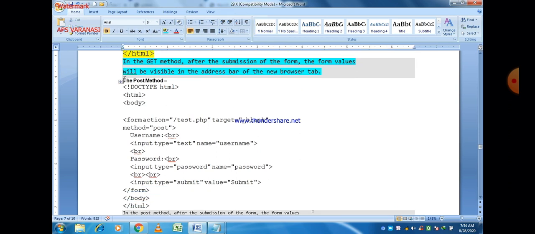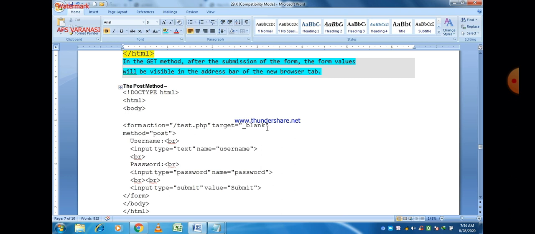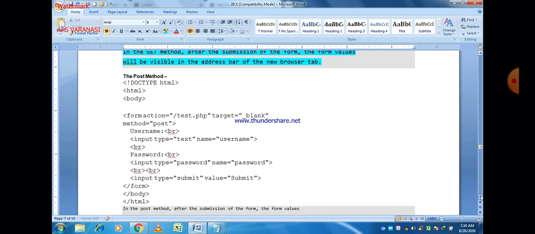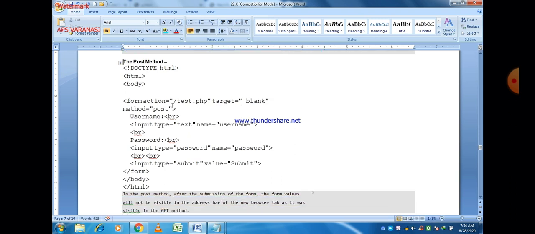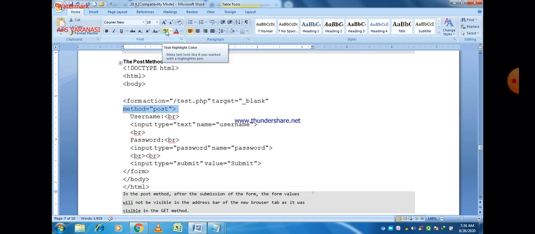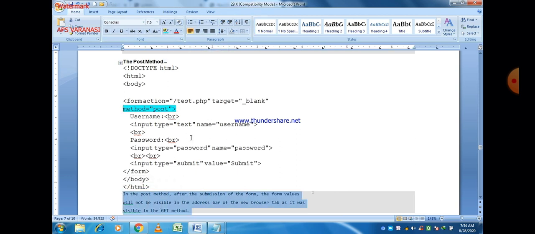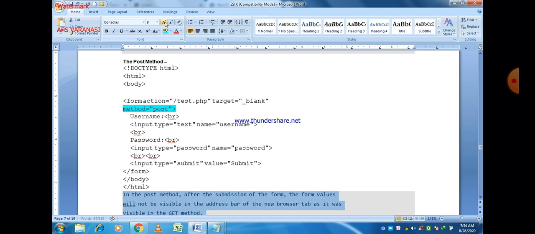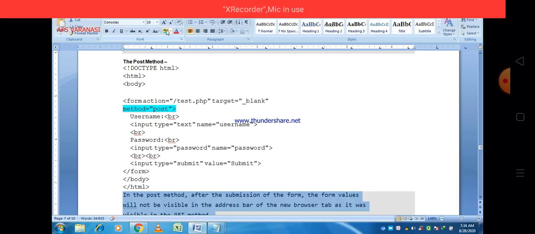And when you use the post method, it is just the opposite of the get method. In that case, details are not visible in the new browser tab. So details are visible using the get method, but not visible using the post method. For this purpose, you have to do only one thing, just write method is equal to post.